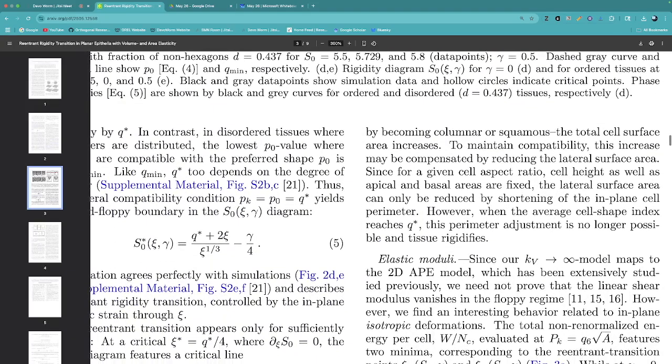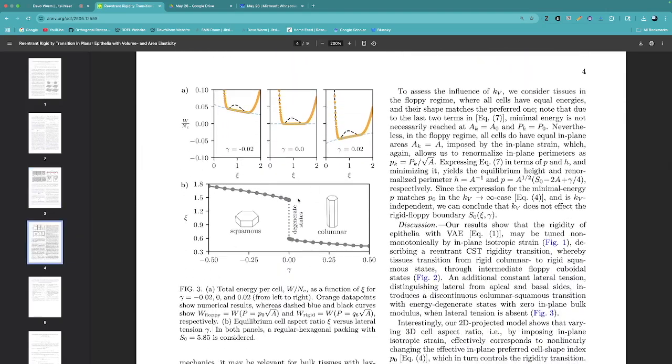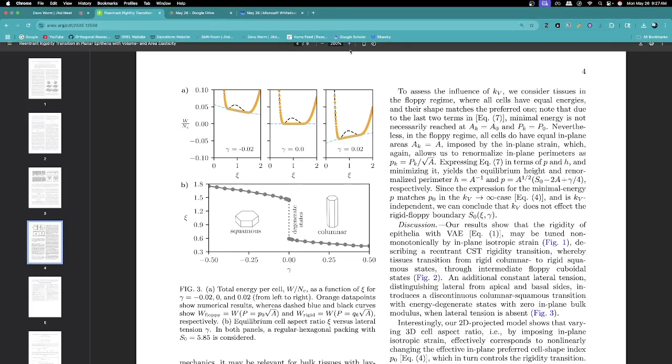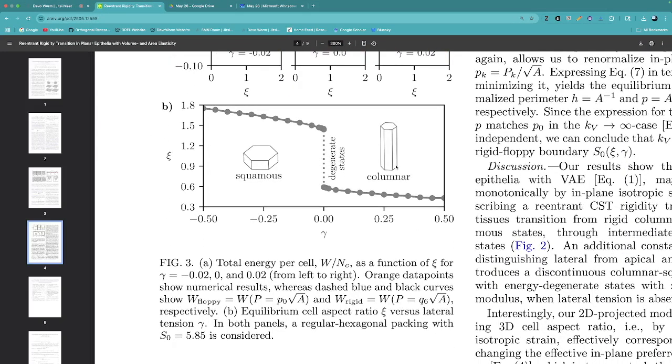Yeah. And then we go down to figure 3, we see total energy per cell. We actually see this difference here between squamous and columnar. So in 3B, and this is just an energy profile in A, but this shows this difference here, this sort of phase transition between squamous and columnar. So squamous is where it's pushed, it's compressed in terms of its height, and then columnar is long, has a longer z-axis, I guess. We get this value of epsilon where it's stable, and then there's these degenerate states at the phase transition,